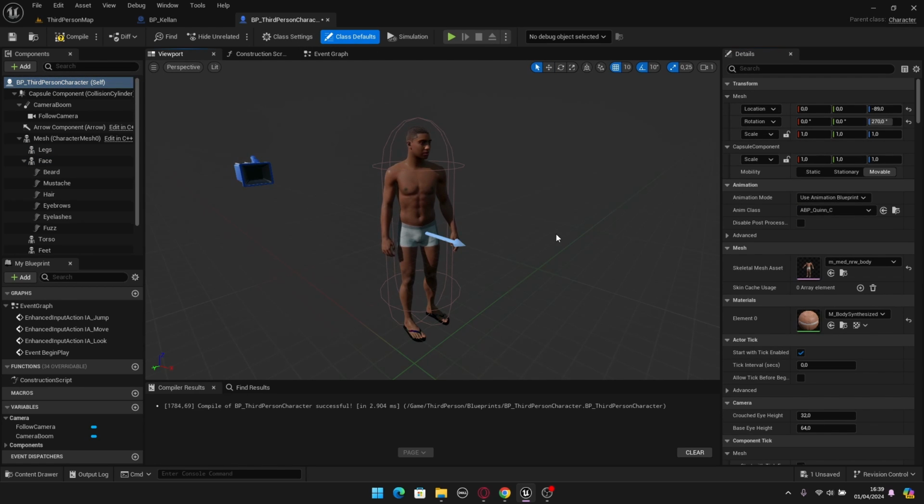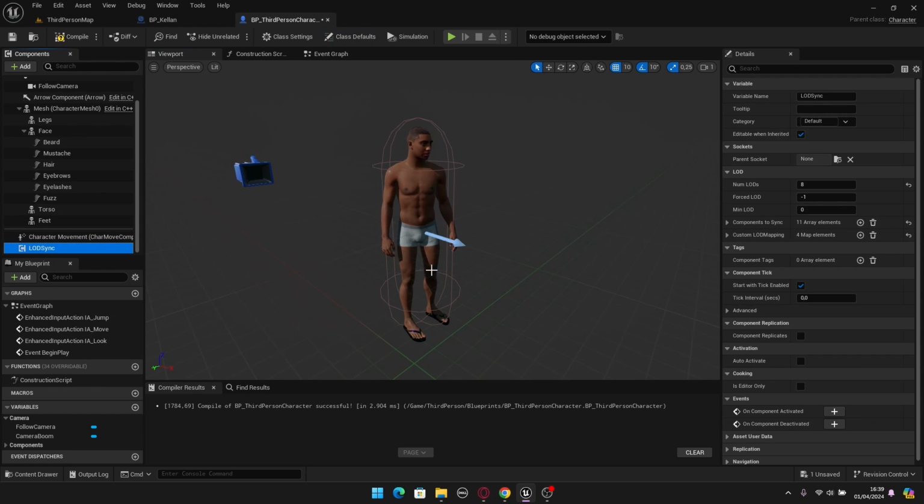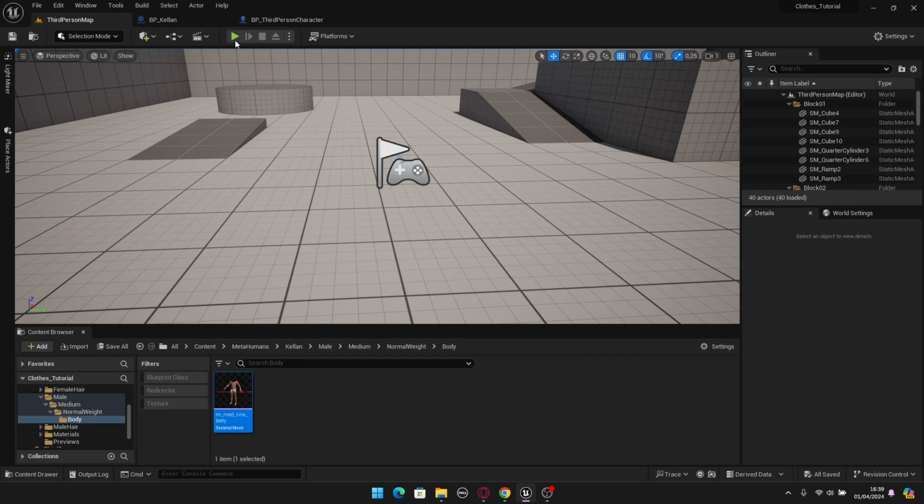Okay, so now let's put the LOD to always be at 0. So for this, let's select the LOD sync component here. And here in the forced LOD, let's put this at 0. So the character will always be in LOD 0, so the max quality LOD. So now if I hit compile here, let's wait a little bit for it to compile. There we go, let me save. And if I hit play now,